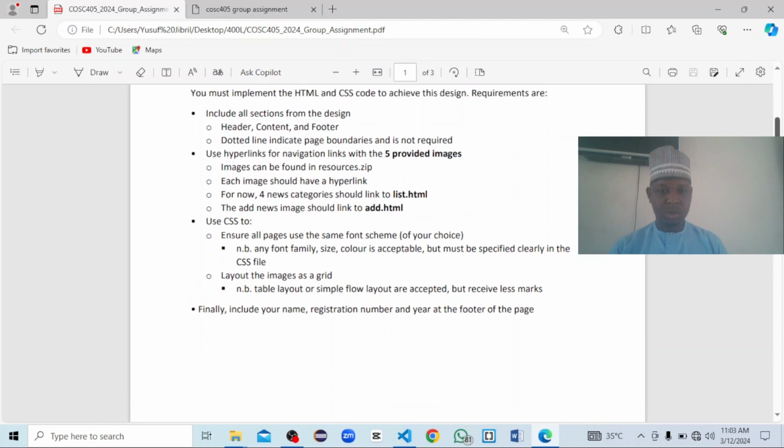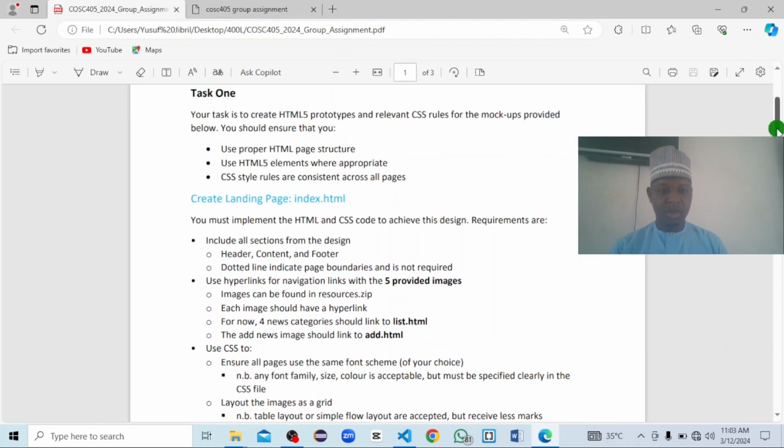You see. So in the first place, we are going to create index HTML, which is the landing page, using HTML5. And we are going to use CSS to style and decorate the landing page. Then subsequently, we'll create a list. Then we create another page called add. So if we move,